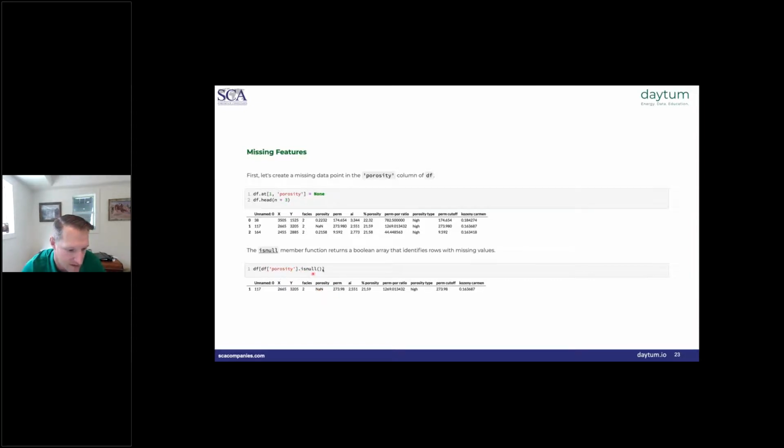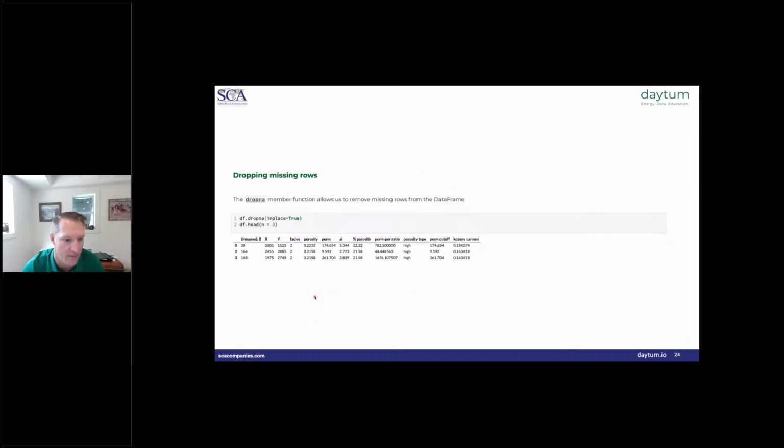So in this case, what's inside the brackets would produce an array with 199 falses and one true. And that one true is at the one index row, right? And what I can do is use that true false array to index back into my data frame, presenting me with only the row where the missing data was. So if there were multiple rows that had missing data, then you would see multiple rows printed here using this kind of syntax. In this case, I only had one row in the whole data frame with any missing data. And so that's all you see.